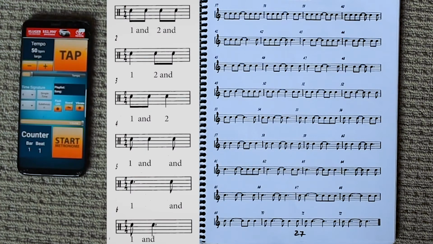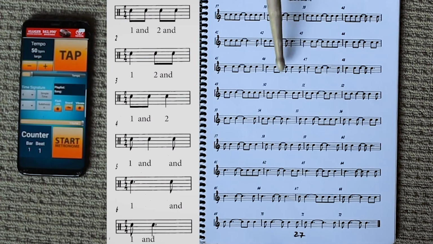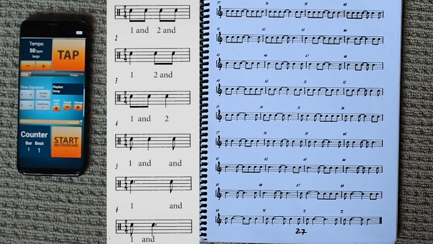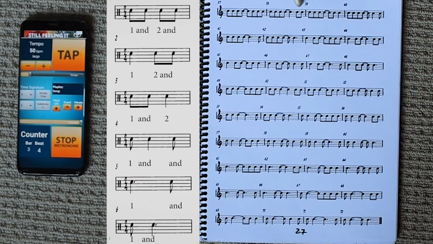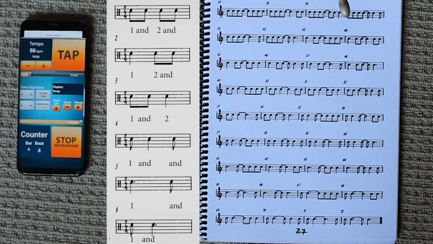All right guys, so this is it. As you can see, we've got a bunch of ties all throughout this piece. Remember, you can slow it down or even pause it to have a look at this before we go through it. Also, we've slowed the BPM down to 50 beats per minute. All right, 1 bar in. Let's do it. 3, go. 1 and 2 and 4 and 1 and 2 and 4 and 1 and 2 and 4 1 and 2 and